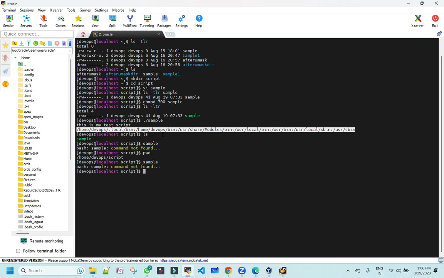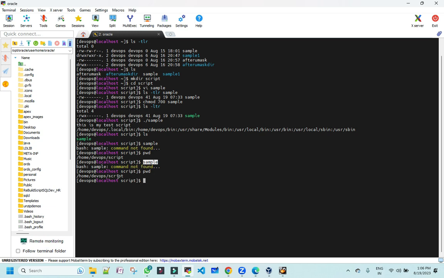Okay, whatever the variable which has been outputted in the path, right? These are environment variables. Just go and look for a file called sample only in these directories. As the sample is present inside /home/devops/script, Linux really does not know the script present here. So first thing what we have to do,